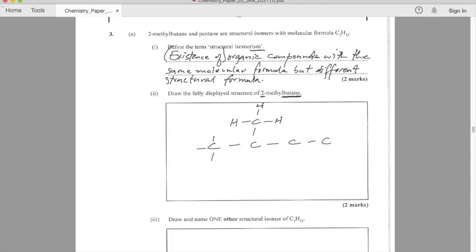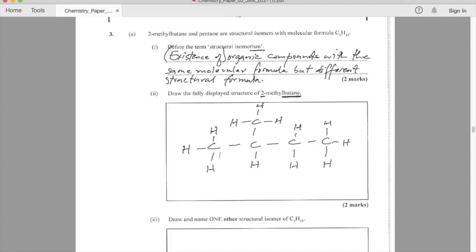Then I'm going to ensure that all my carbons are taking part in 4 bonds. So I'm putting on my hydrogens, and this is a saturated molecule. All we have here are carbon-carbon single bonds and carbon-hydrogen single bonds. Carbon could not have any other bond with hydrogen but a single bond. So the carbons have the maximum number of hydrogens attached to them. So we call this a saturated compound. So this is 2-methylbutane because